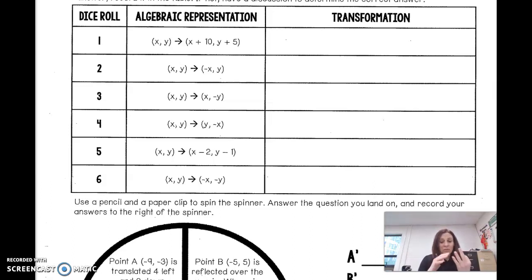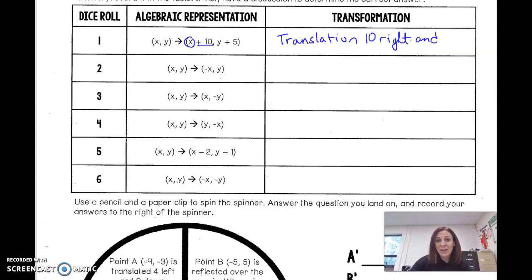Okay, we're dealing with translations, reflections, rotations. So looking at this here, look at our coordinate notation. What's happening? What are we doing when xy goes to x plus 10, y plus 5? When you see something like this, you need to think translation. That's a transformation, but then we want to be specific. So this plus 10 here, we're adding 10 onto x. X is our x-axis, it's our left to right movement. So we'll say a translation of 10 to the right,